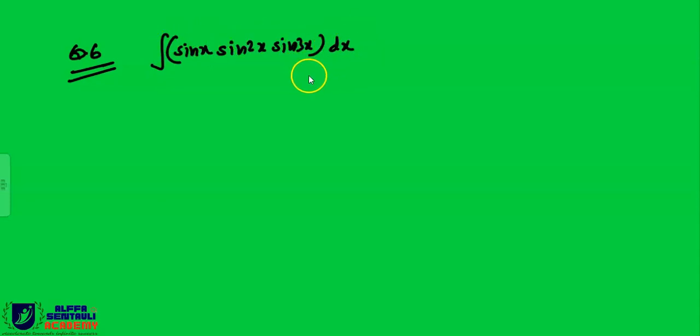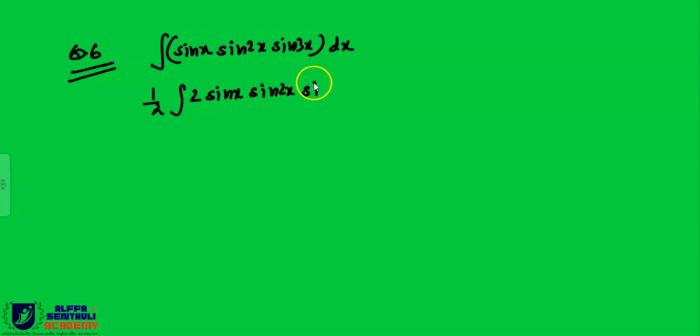That is question number 6. So how can you solve question number 6? This is sin x, sin 2x, sin 3x dx. How will we solve it beta? This is a similar problem, right? So you have to multiply by 1 by 2 and divide by 1 by 2, correct? Like we did in the cos question, in the previous question.